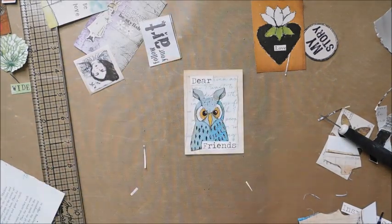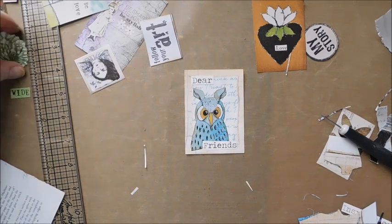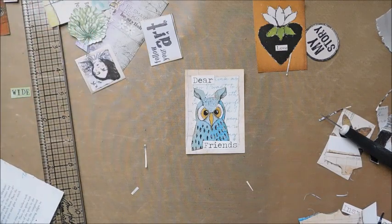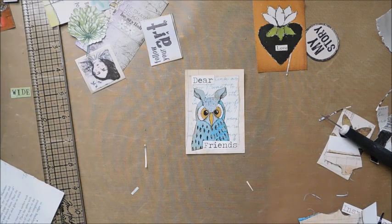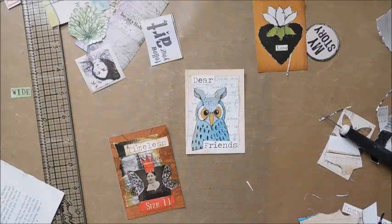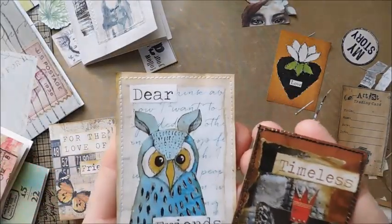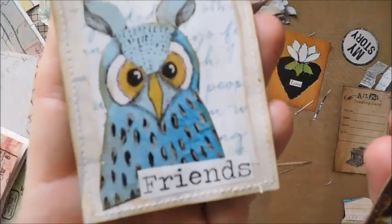So this is just another way of using up those artist trading papers and using some of your books if you don't mind cutting them up. Just a fun way to use some of those. So let me get these stitched up, and I will be right back, and I'll show you what they look like. Okay, so I went ahead and stitched around them just to show you